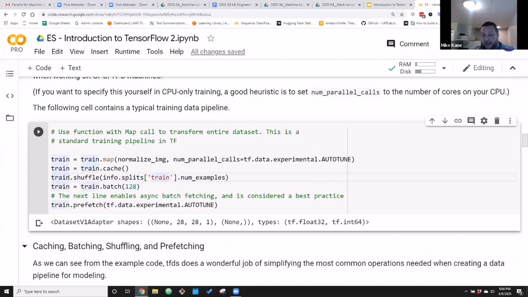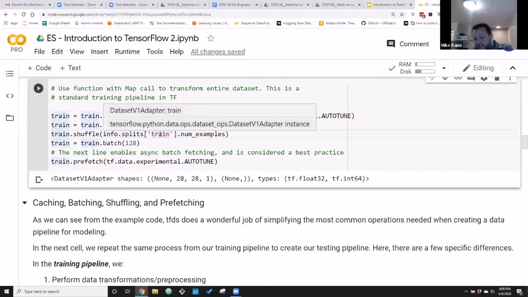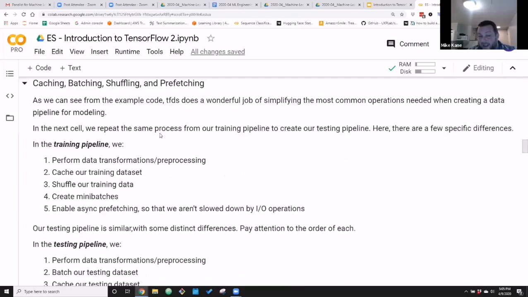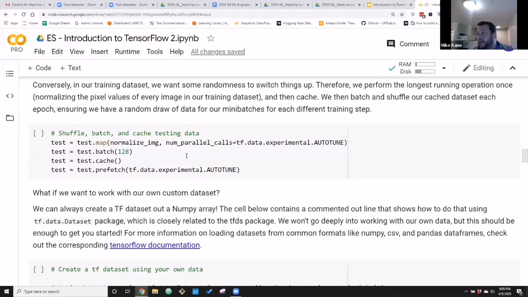Neural networks get to look at the data multiple times. They get to take and retake the practice test, okay? And so we want randomness there. We don't want the first image that it sees in epoch 1 to also be the first image that it sees in epoch 2 and the first image that it sees in epoch 3. We want them to bounce around. I want it to be, okay, number 1 here is number 6,720 in epoch 2, and so on and so forth, right? For training. Now, for testing, we want to be able to compare the performance of how our model did at the end of epoch 1 with how it did at the end of epoch 2 and the end of epoch 3 and all these other things here.